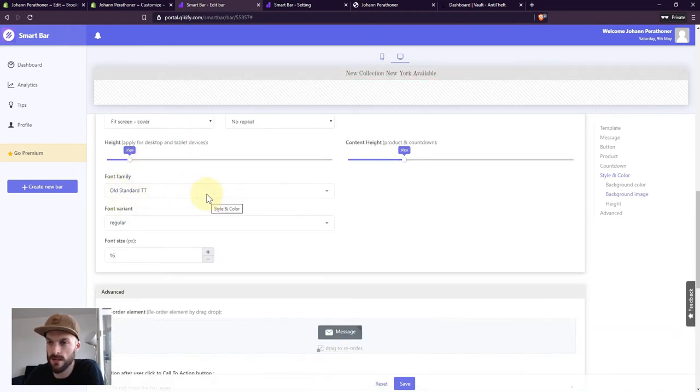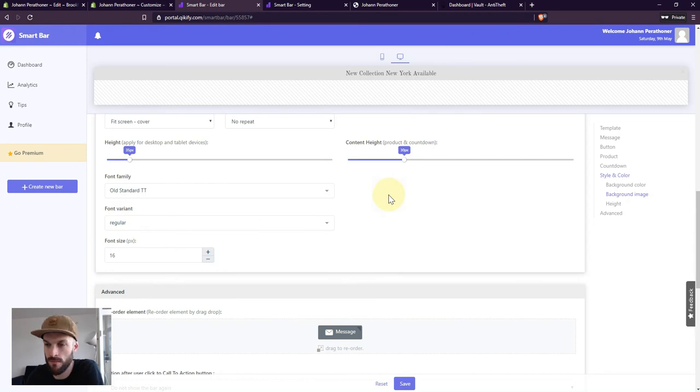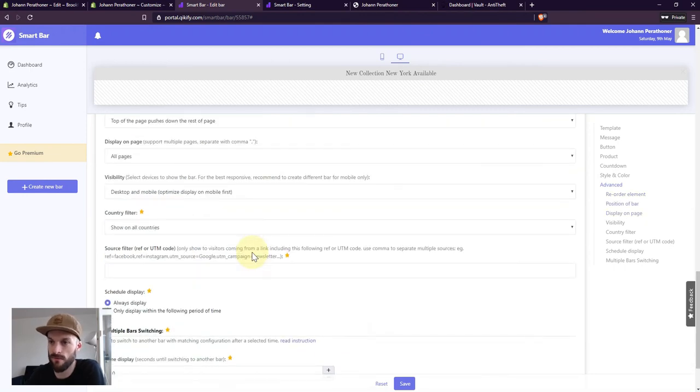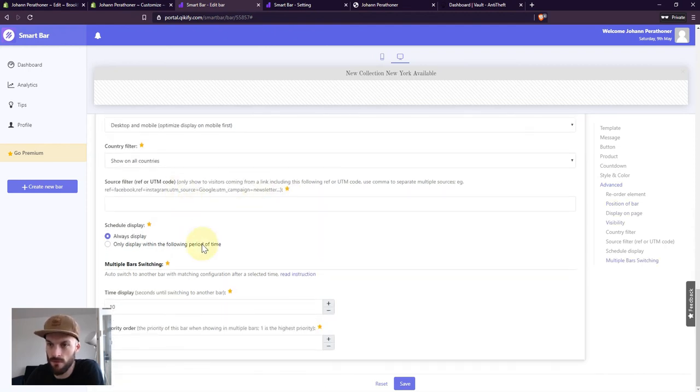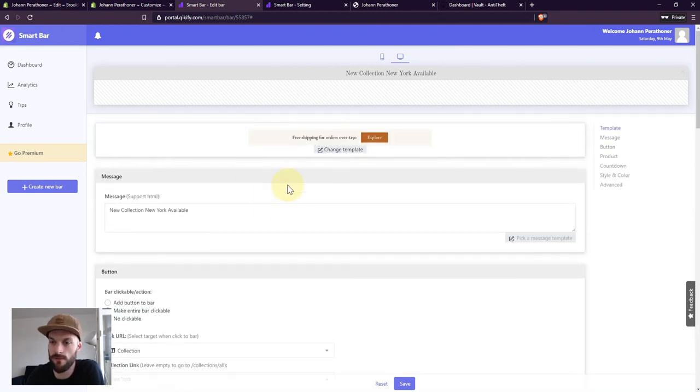Here it's quite good with this app. You have many more fonts compared to the other plugins. Then you can choose to have a sticky top bar or not. For the free version, in my opinion, you have enough settings. But if you want to go a bit further, you have premium options, and you can create different versions of your bar and select the countries. But in my opinion, you have enough options with the free one.